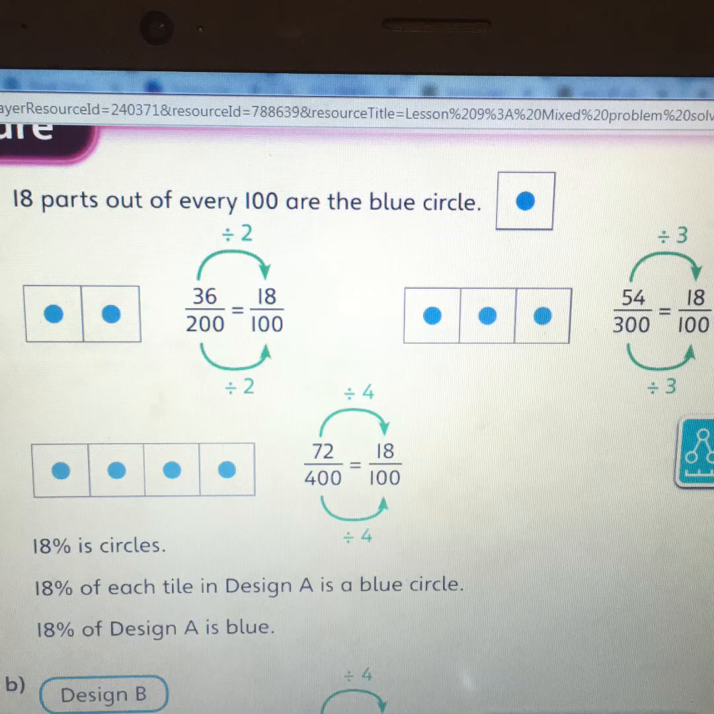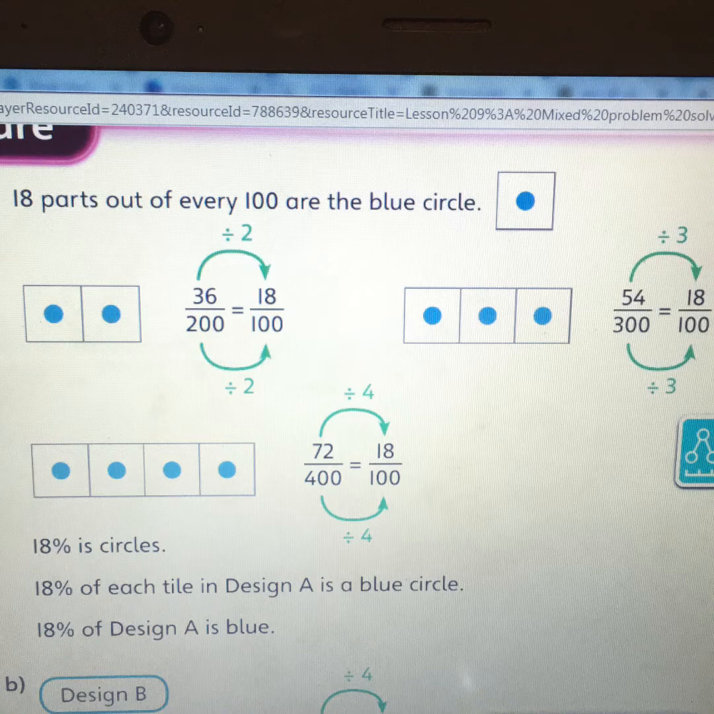Okay, so what we can say is that for every one tile, 18 parts out of every 100 are blue. So you could write that as a fraction as 18 out of 100. You could write that as a percentage as 18%. But we're not thinking about just one tile. We're thinking about 4 tiles, and we're thinking about that as the whole. So as you can see from the screen here, let's say we do it as a fraction to start off with,